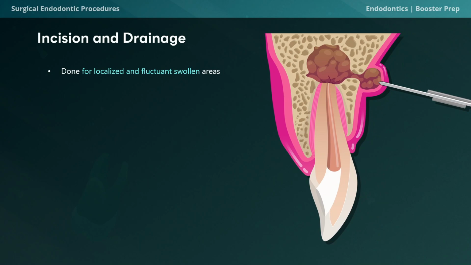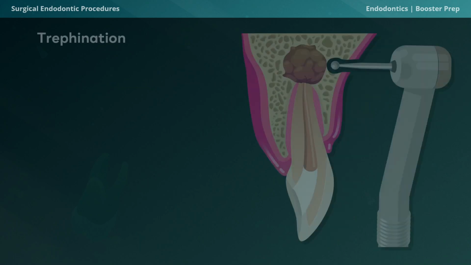Picture a scenario where we're confronted with a localized, fluctuant swollen area. This is a classic sign of an underlying abscess or infection. In a case like this, drainage isn't just beneficial, it's essential. We make a precise incision to effectively facilitate draining of the exudate, which provides immediate relief from pain and pressure. This is often the first line of defense against acute infections, but sometimes it's not enough to just cut through